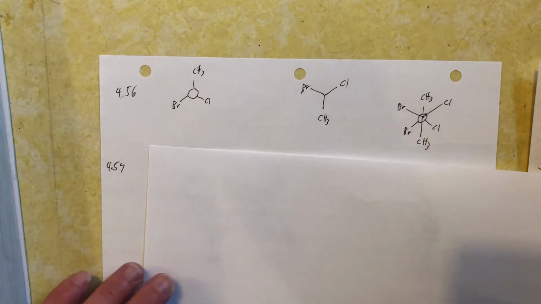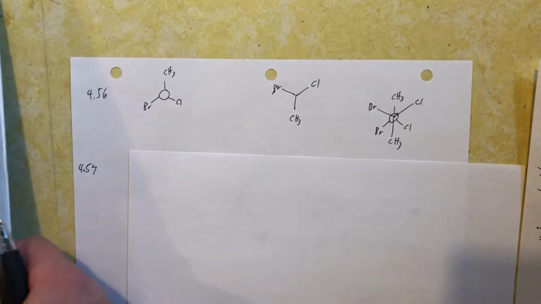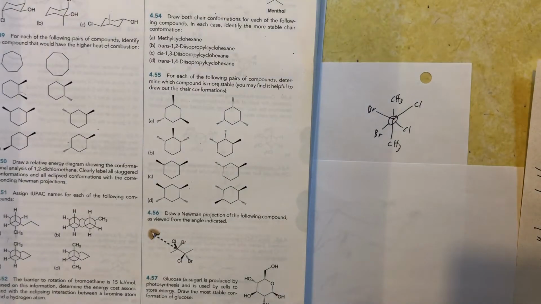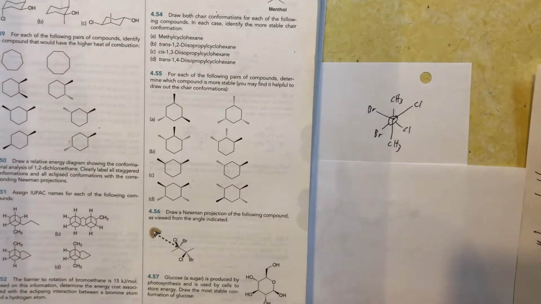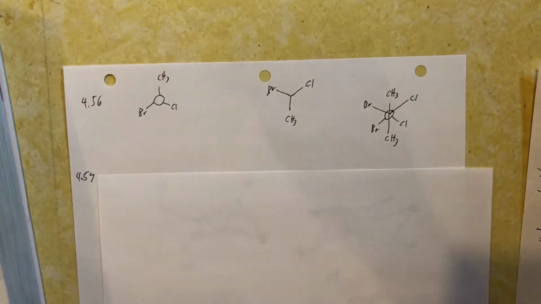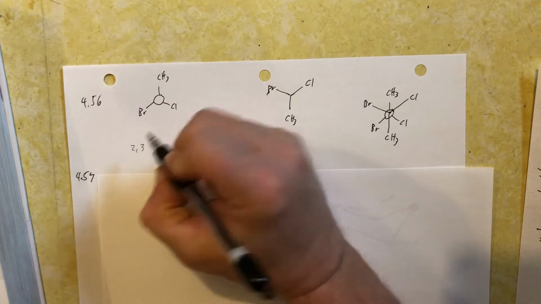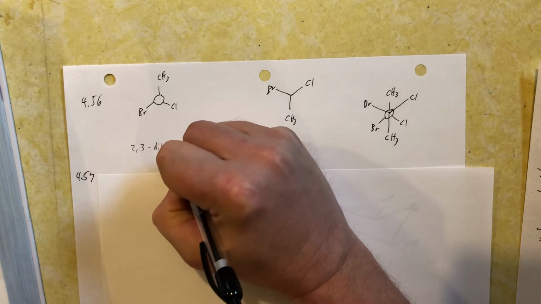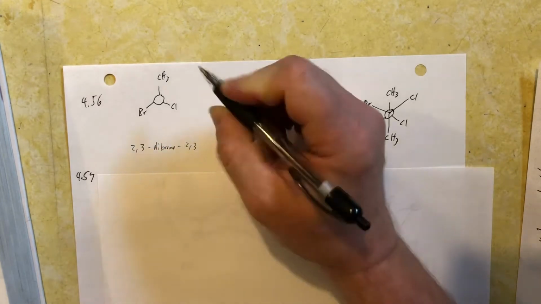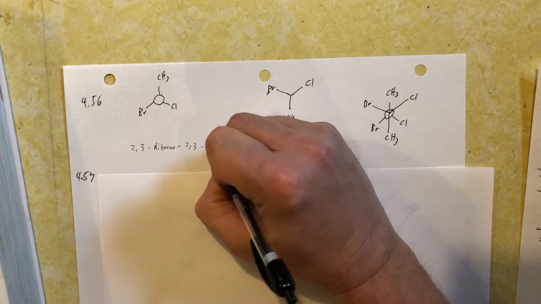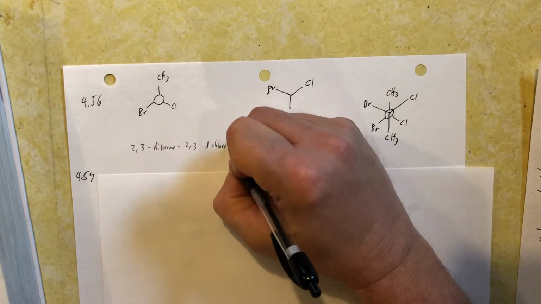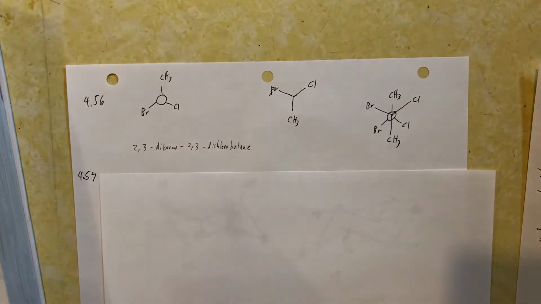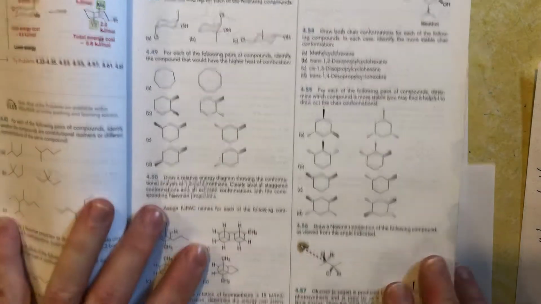So in the Newman projection here, what is this? 2,3-dichloro... let's just try that. I think the name of this guy is 2,3-dibromo, 2,3-dichlorobutane. Double check that. I think that's what it is. But I want to show you something. That name